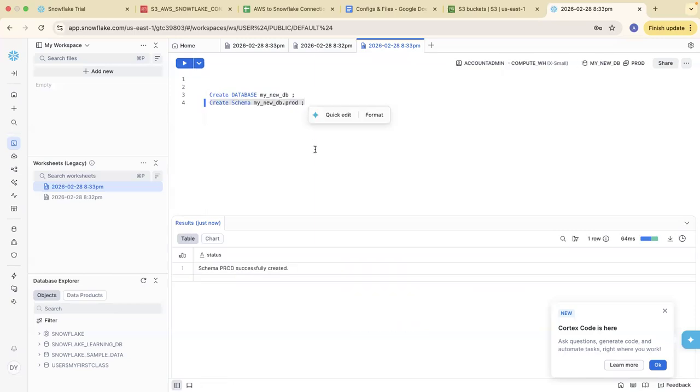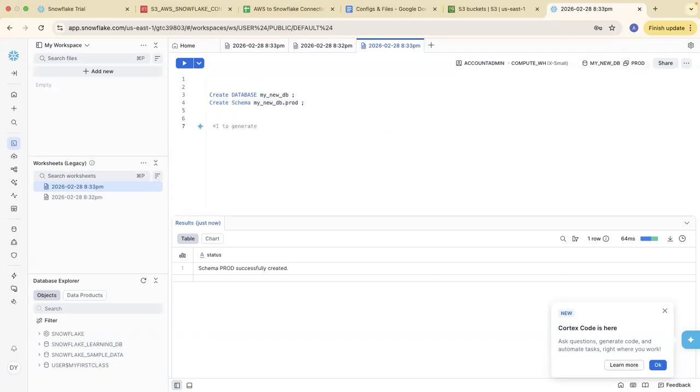Schema is basically a kind of logical representation of your data. Think of it like this: you have a particular database, and inside that database there are 10 tables. Schema tells you how those 10 tables are connected with each other, what kind of primary key and foreign key relationships there are. So that's why we create a schema. Right now we have a database and we have a schema, so our database and schema part is done.